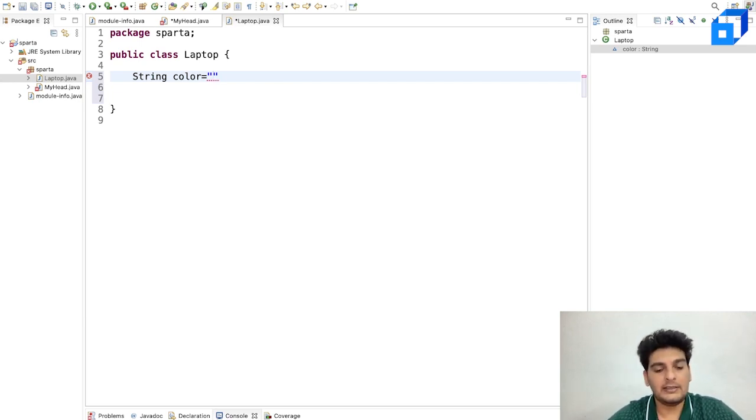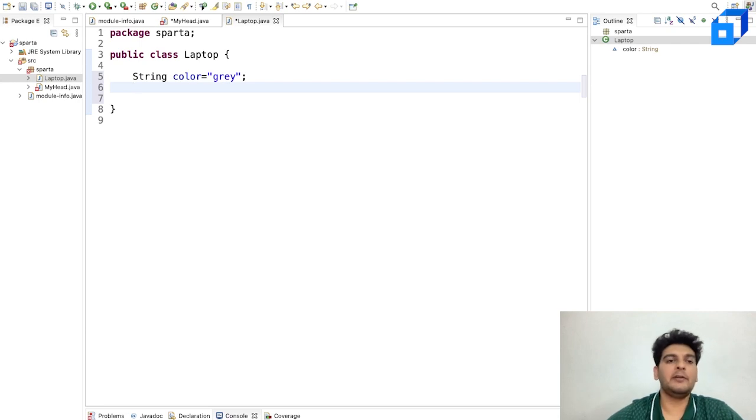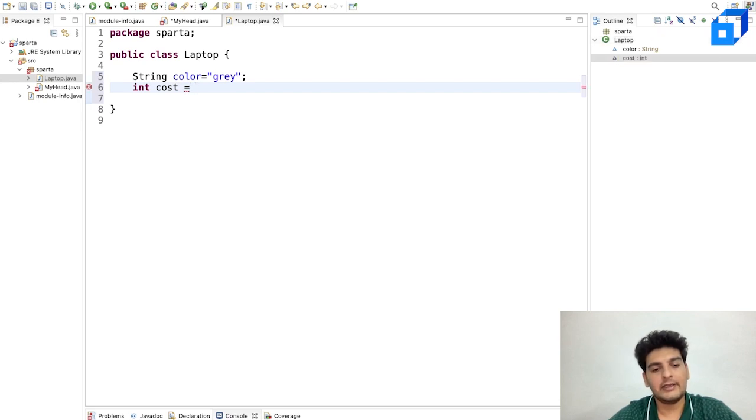Let me keep it gray because that is the most common color for a laptop. Then going ahead, let me also add the cost of this. So I'll have int cost. Let me set the cost for this. Let's call it 12,000 rupees, or maybe let's keep it in dollars.